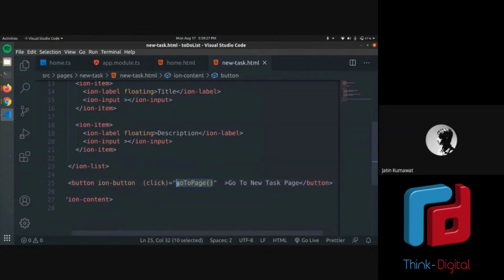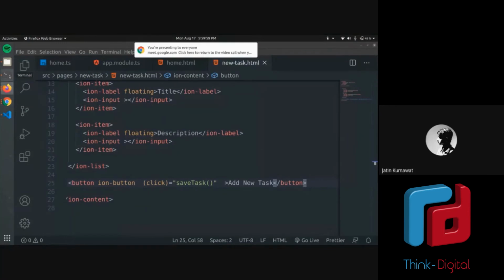I will change this function to save task, and this to add new task. Okay, so it's done, I think.